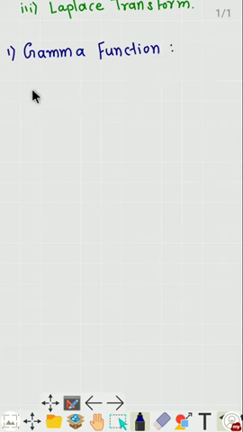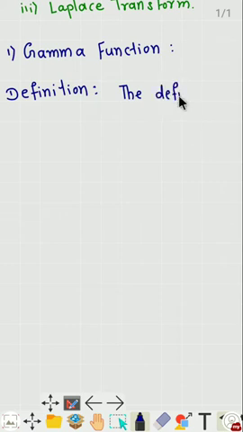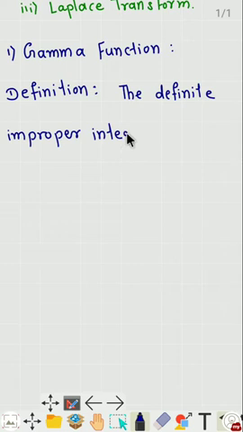So we write the definition. The definite improper integral,